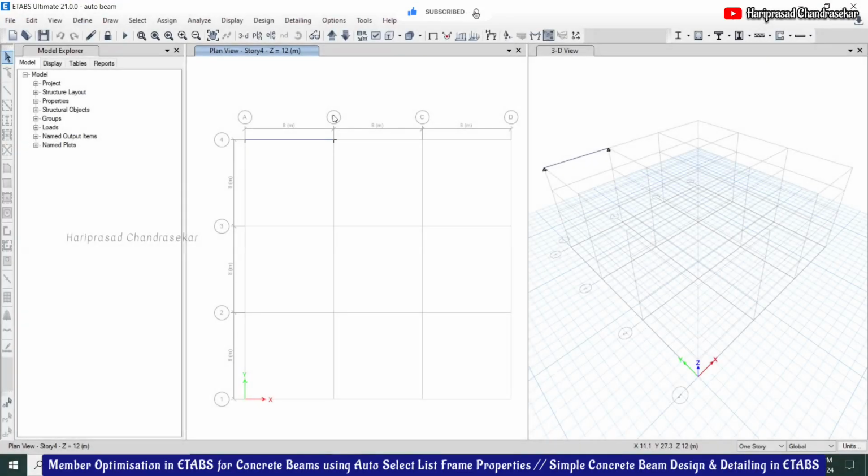So for this we have already done the analysis. Now I am going to change the loads. When we change the loads, we will see the cross section. Before, we were getting 230 cross 230, right? Now we will try to change the load. So we will see how it works. Just removing the lock as usual.